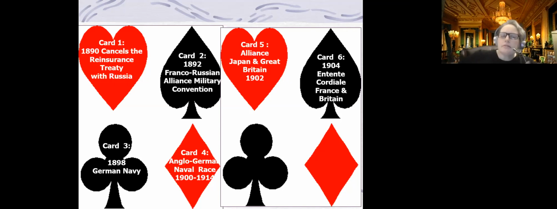But what this doesn't tell you, this piece of paper, is that the British military and the French military began making plans for war together and holding joint military exercises, something they'd never done before. And this is an indication that the relationship is growing much closer between the British and the French than it's ever been before.